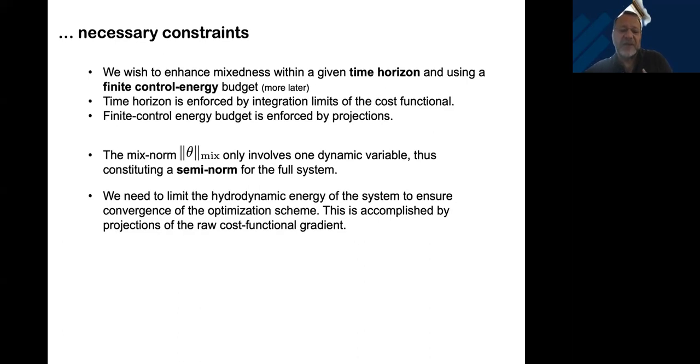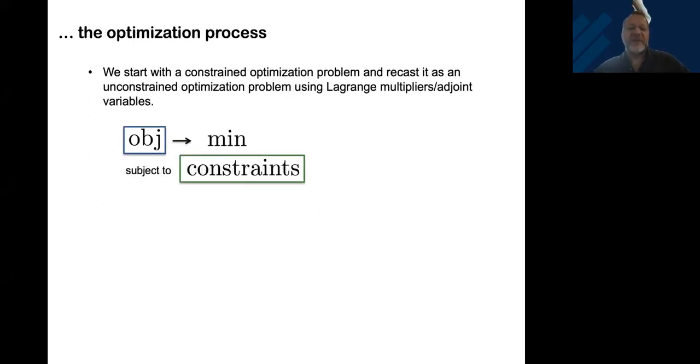Okay, so in that case, you get ill-conditioned optimization problems where one variable is just running away from you because it doesn't show up in the way you measure success. So we need to limit the hydrodynamic energy in U in different ways. To do that, we have to have extra constraints that I'm going to go through once we get through the examples. All right, so we have an optimization process. We have our objective. We identified how we want to measure that one. It's our mix norm of the scalar. We want to drive that one to a minimum, but we also have constraints.